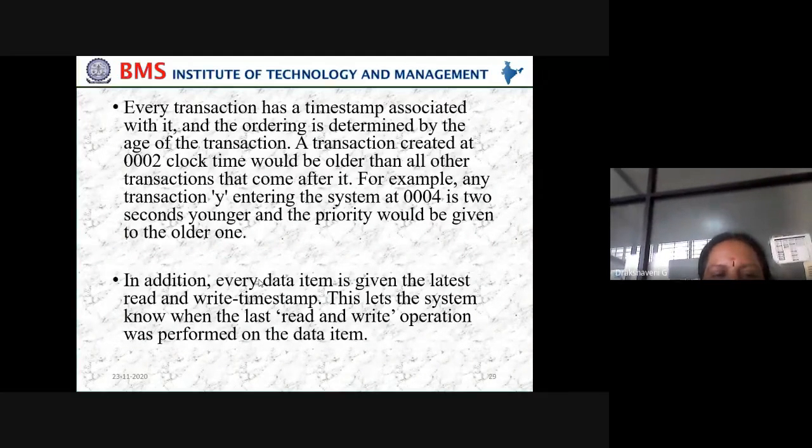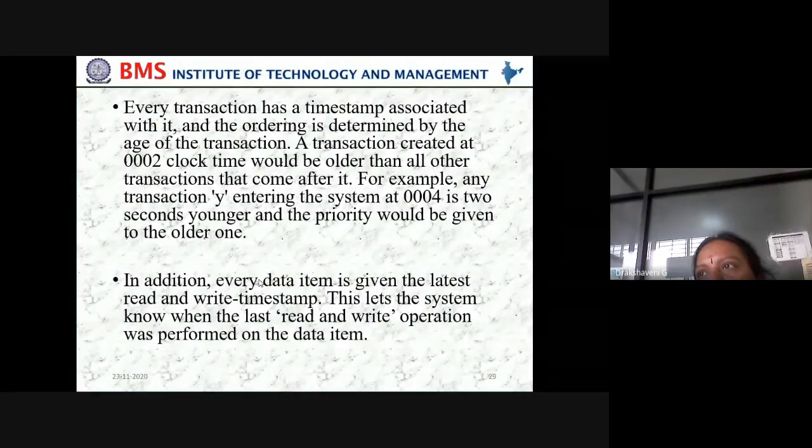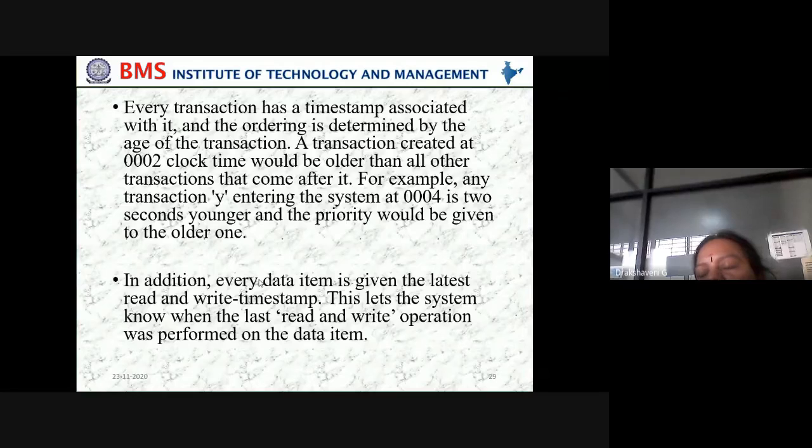For example, any transaction Y entering the system at 004 is 2 seconds younger, and the priority could be given to the older one. So for which one will we give priority? Suppose let us assume you are coming from Hebbal, traveling from Majestic to college, and you are taking a BMTC bus. Because your class starts at 8:30, you may leave your home by 7 o'clock. When you are coming on the way, even the CM